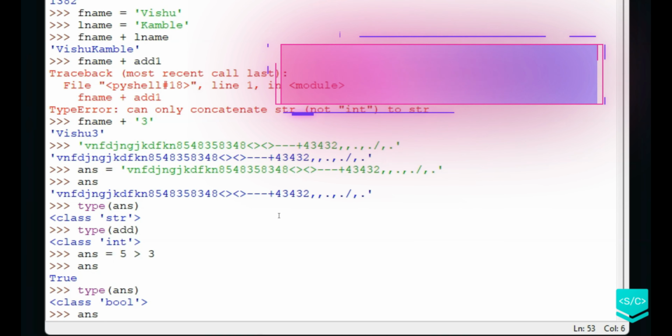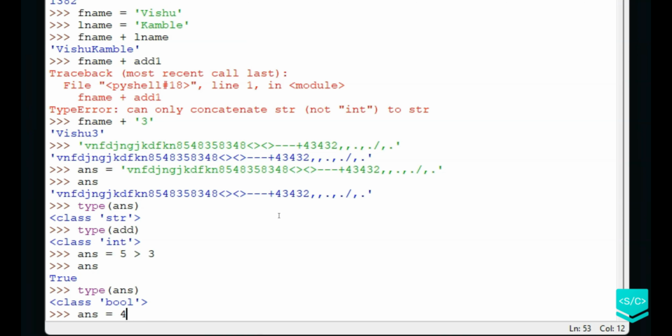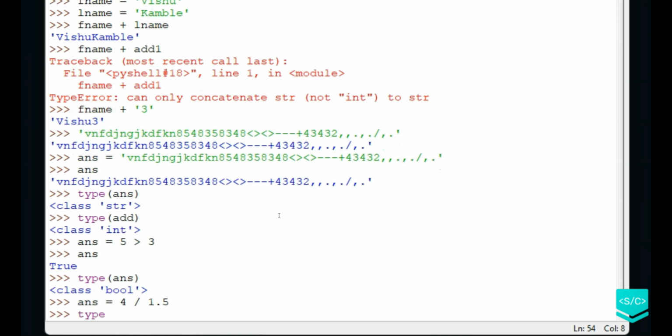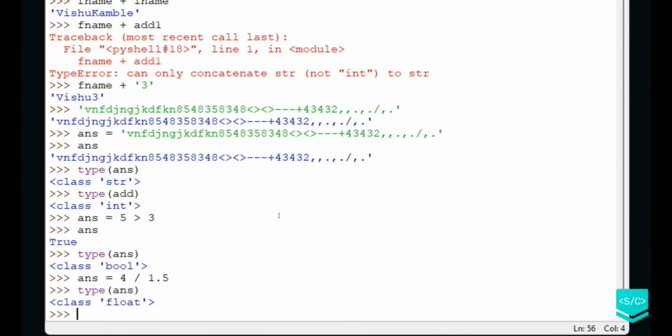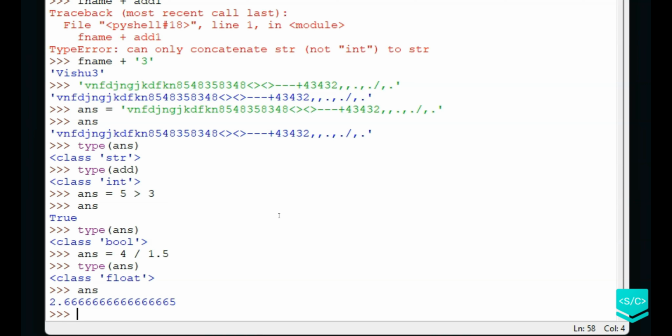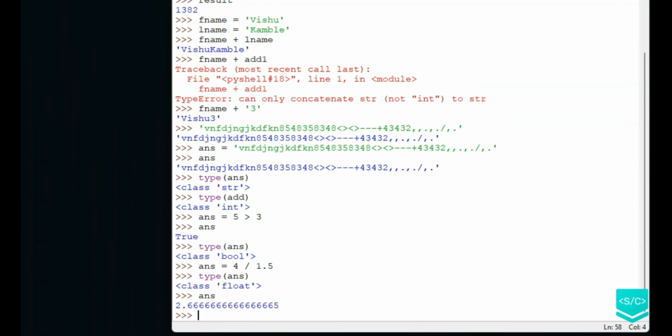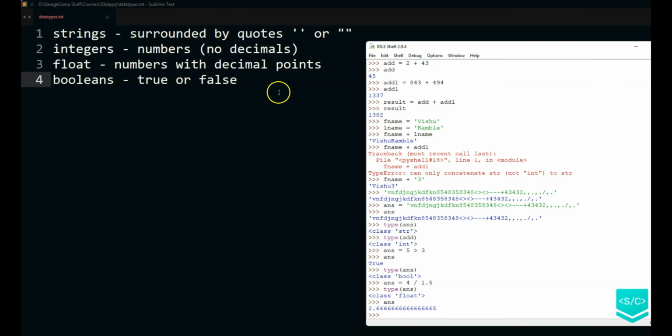And if I do answer equal to 4 divided by 1.5, now if I do type of answer, this is a float, and the reason it is a float is because there is a decimal point. These 4 rules are always going to be the same, no matter if it is a 5-line program or a 5,000-line program. So please pay attention to these 4 types of variables because we will be using this every time we write a program.